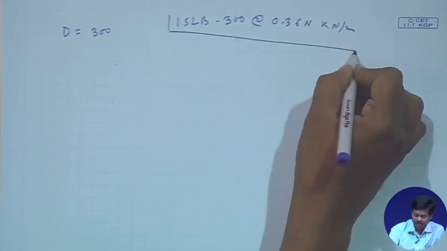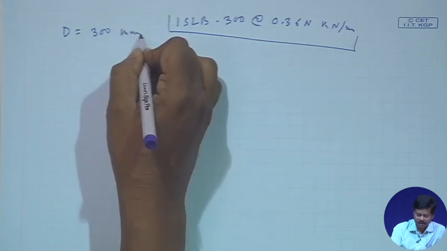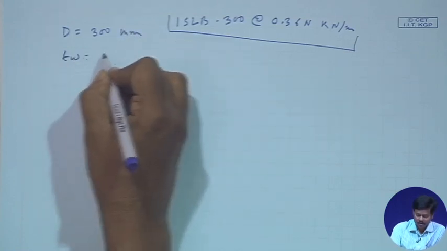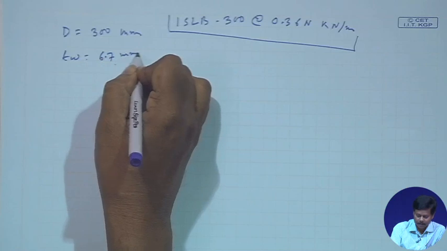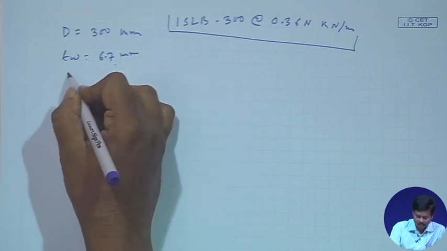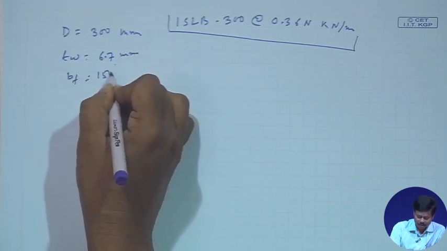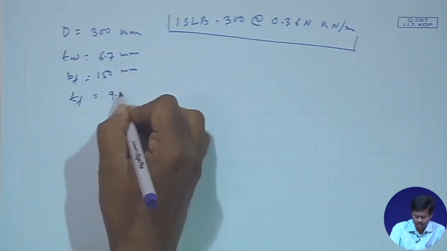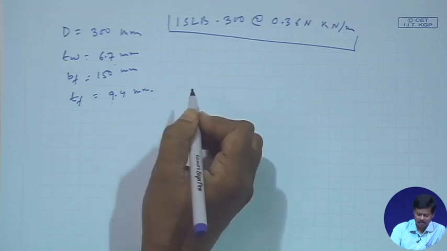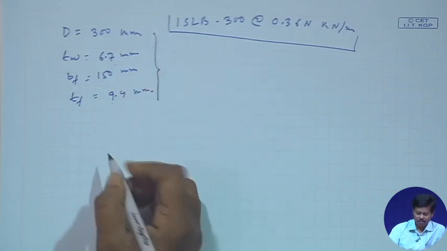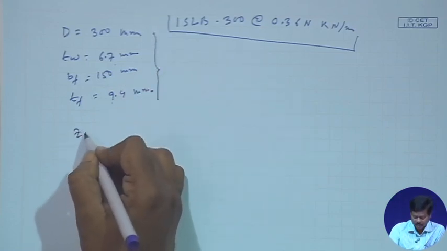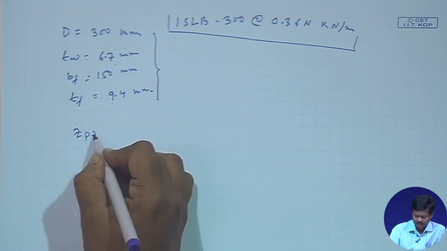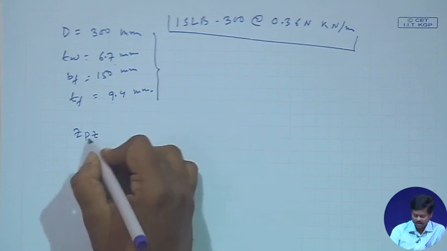For this section d is equal to 300 millimeter, T w is equal to 6.7 millimeter, B f is equal to 150, T f is equal to 9.4 millimeter. So, from this data we can find out the plastic section modulus about the z axis, that is Z